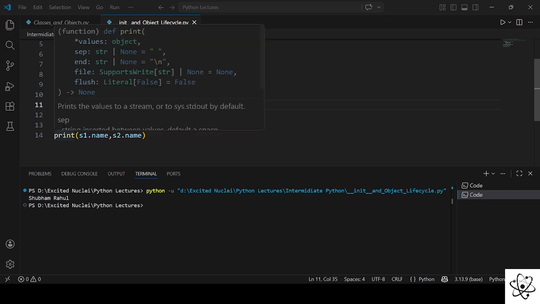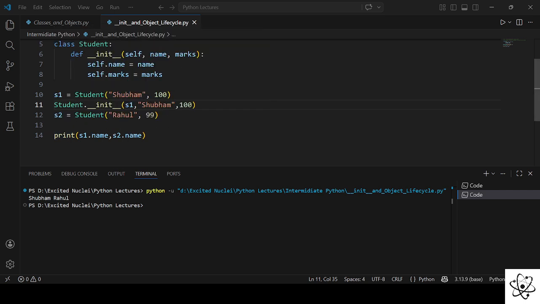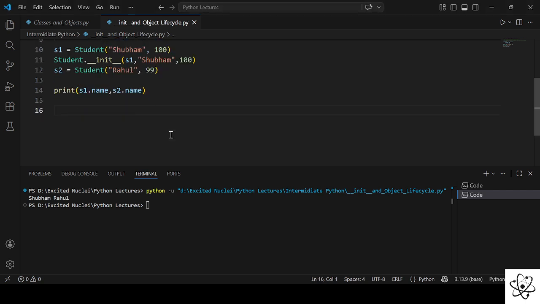I have written this program basically to get you to know what is happening. So the class Student is initialized with what? The instance name, that is S1, as well as the attributes of this instance, the name and the marks, right? So now this is what the init method is all about. Now when we are talking about object